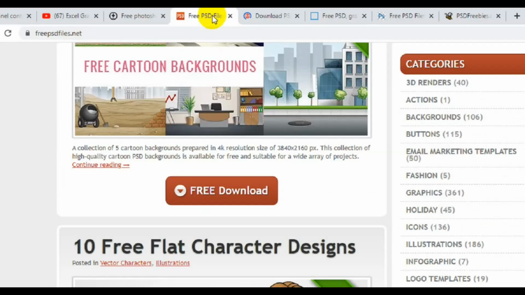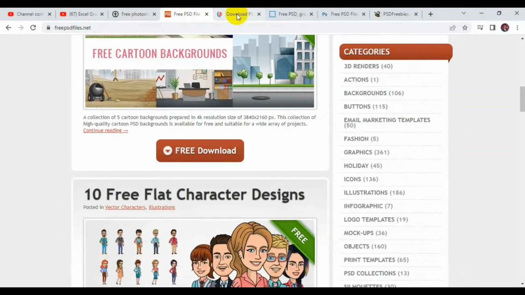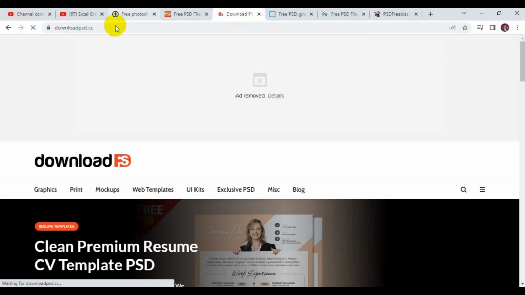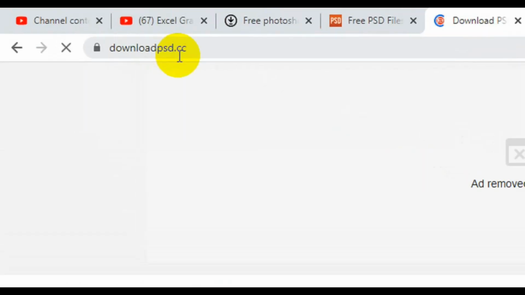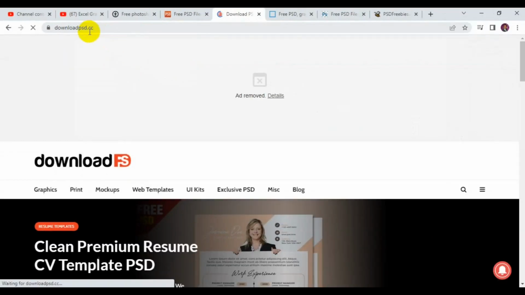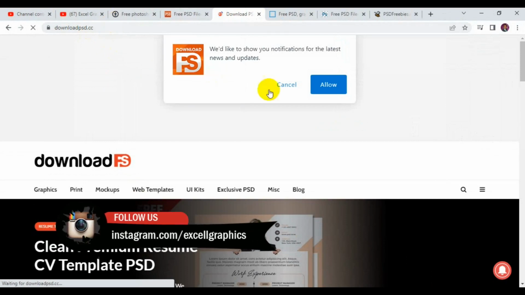is concerned. So let's take a look at another website I have for you guys that you can use to download free PSD files. Right here, what we have is downloadpsd.cc. This particular website also provides you free PSD